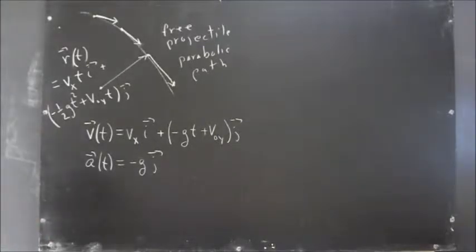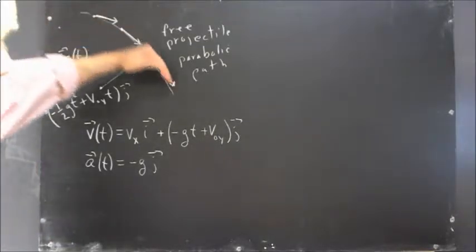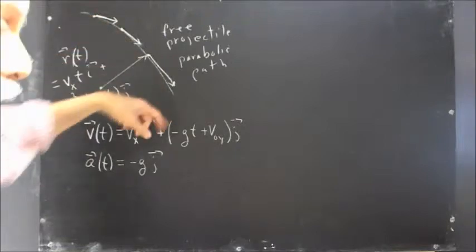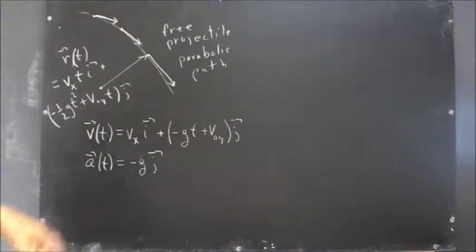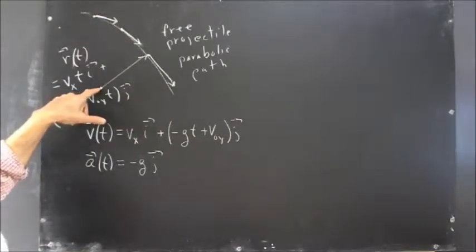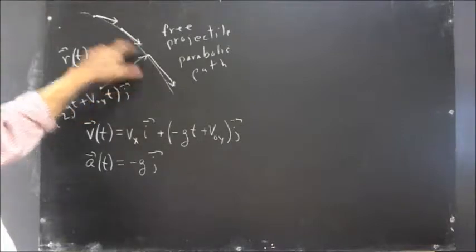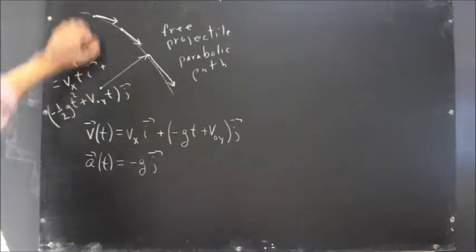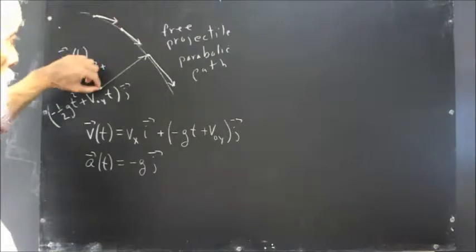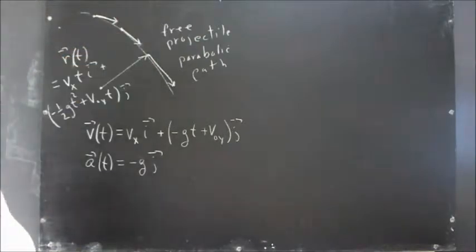As an example, let's say we have a free projectile following this not very well drawn parabolic path. We have some reference point here from which we're measuring the positions along this path. So I could have a vector from here to here, vector from here to here, vector from here to here. Now, for a projectile, if we assume that the projectile started at a point 0, 0,